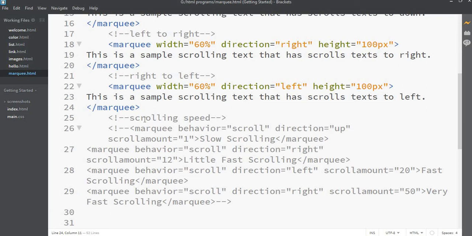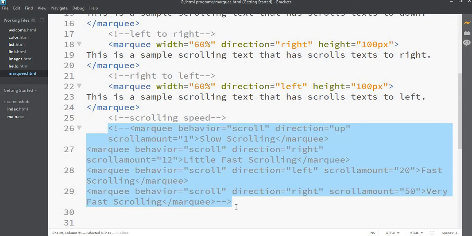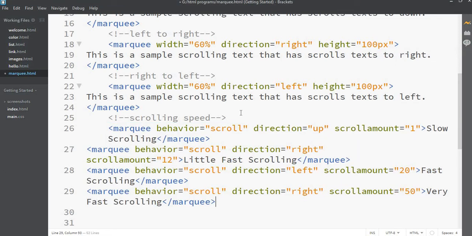So now let's discuss scrolling speed. Let's see what will happen. Here behavior is scroll, direction up, scroll amount is 1. The first one scrolls slowly because the value of scroll amount is 1.